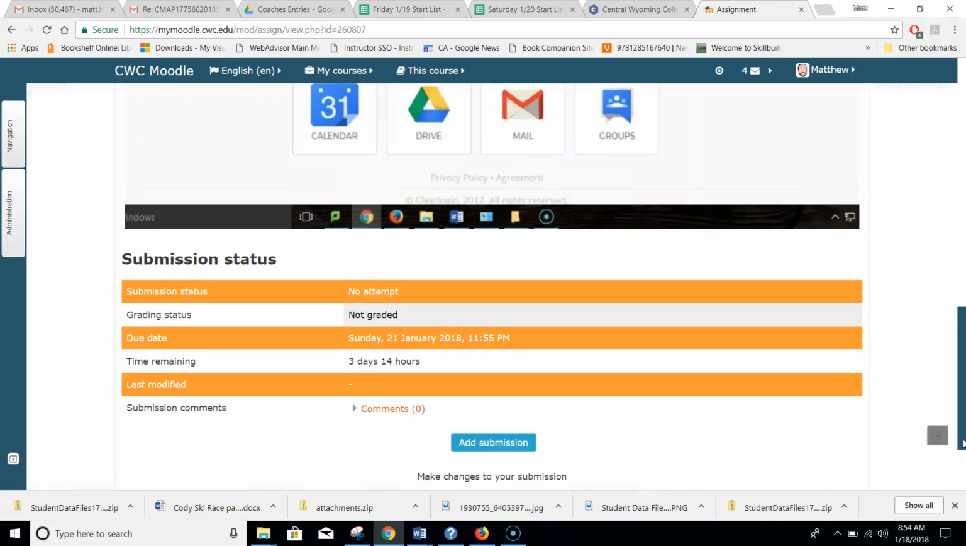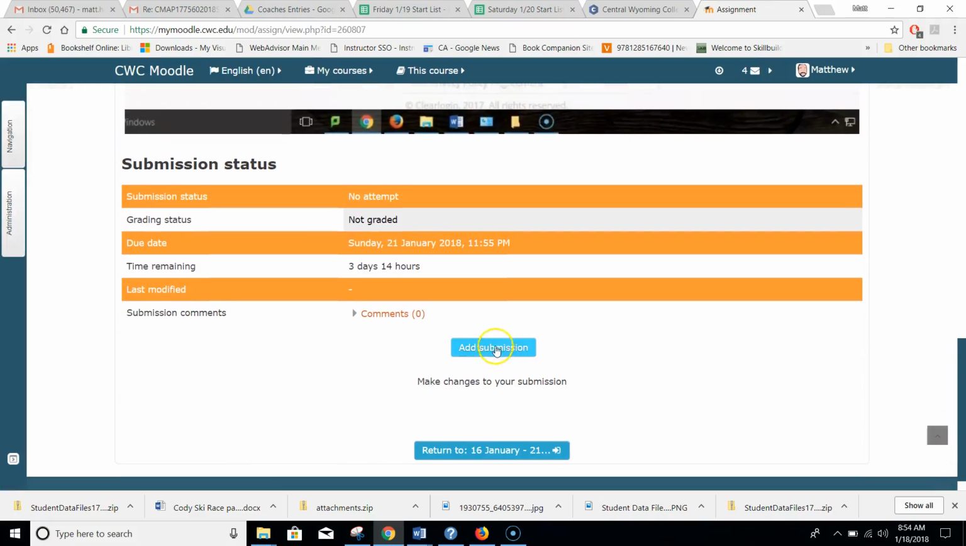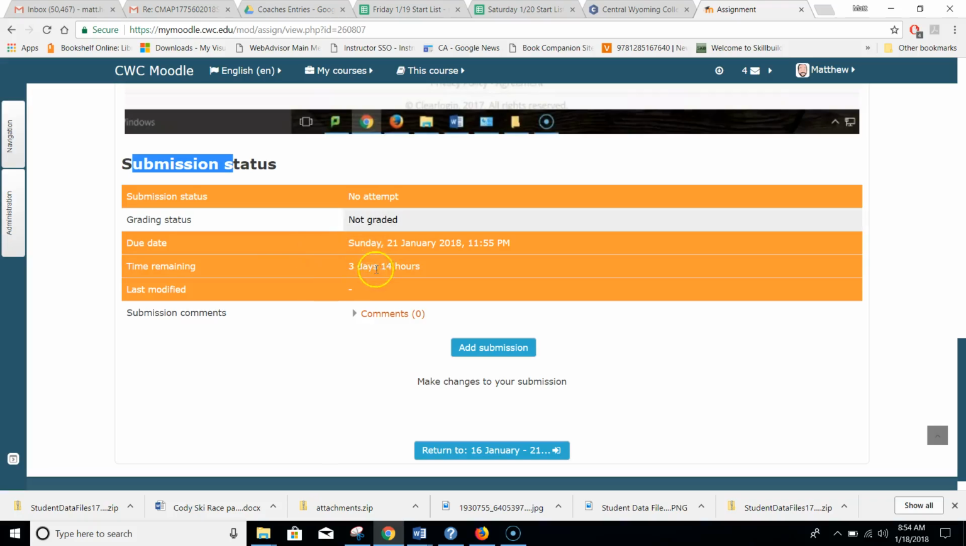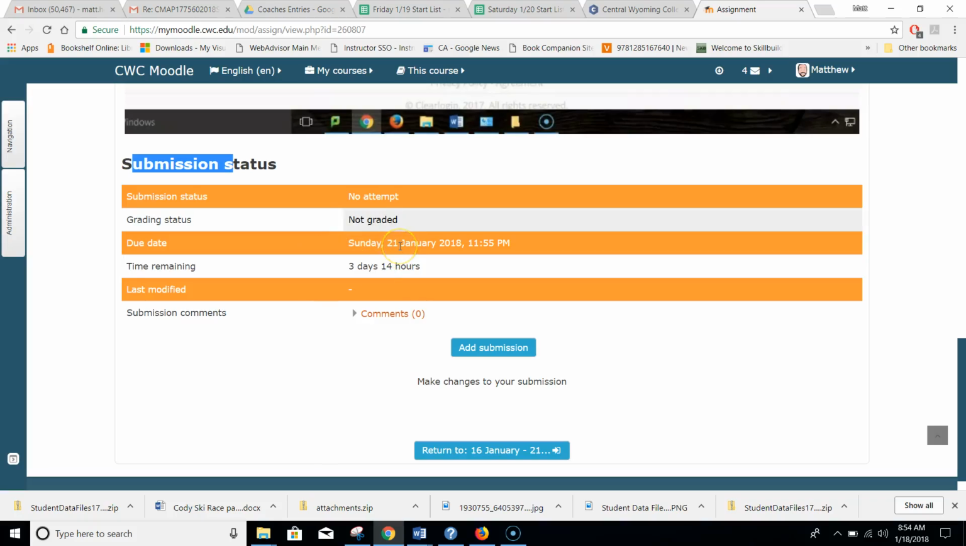When we go all the way to the bottom here, I have no attempt because I have not submitted this document or this Dropbox yet. It's not graded because I haven't submitted anything. And I still have 3 days and 14 hours. It's due on Sunday night at midnight. Not a big deal. So if I click on Add Submission,